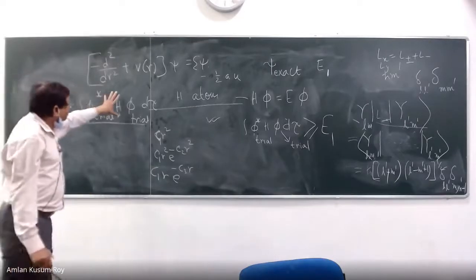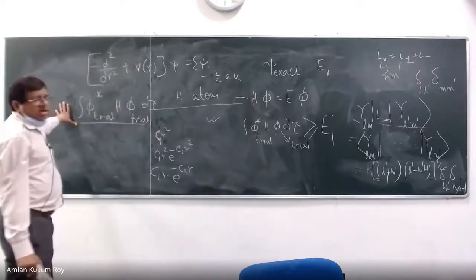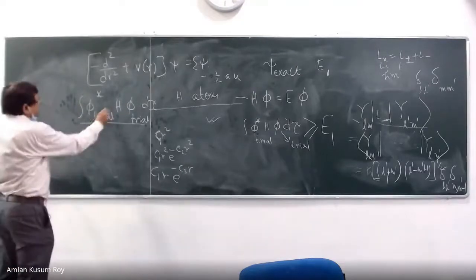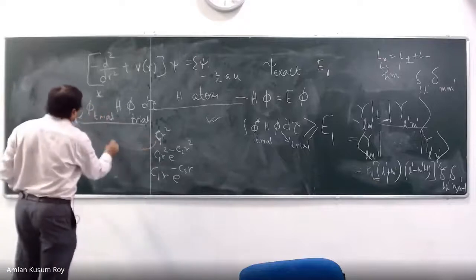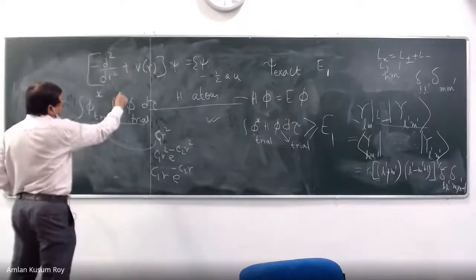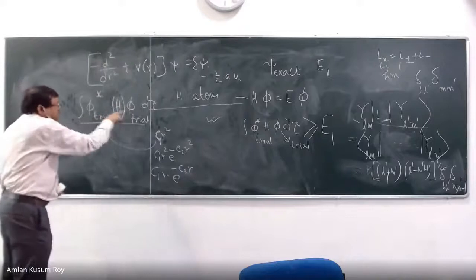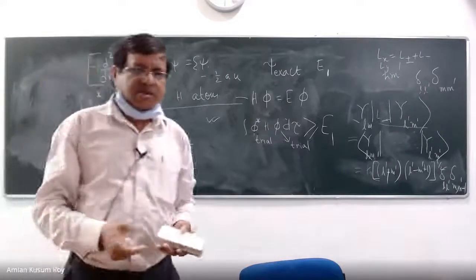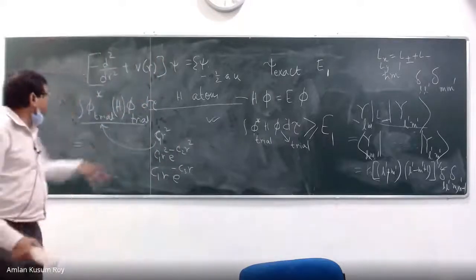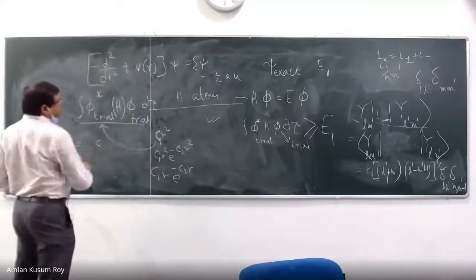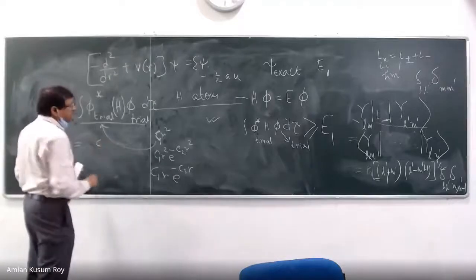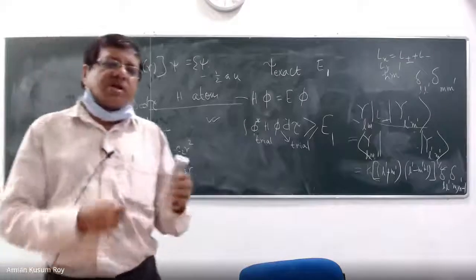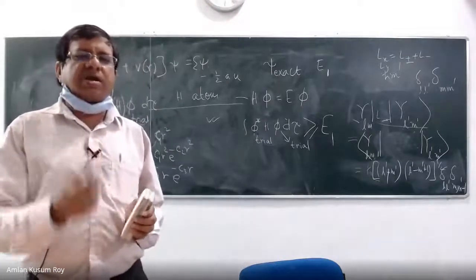But you start with this integral and consider this integrand, and see what the value is. The Hamiltonian is known for this problem. You can construct this integral, no problem. But you will get an answer in terms of C, because there is a C in the expression. Now it says that you minimize this until you get the correct energy.